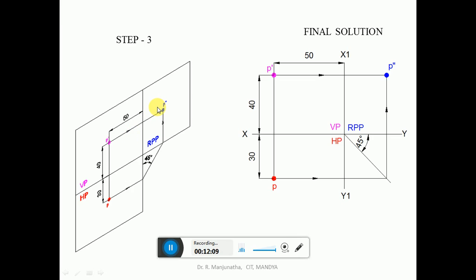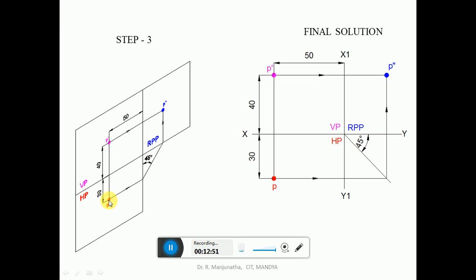It becomes horizontal. Now, we can see the front view distance and also the top view distance, both, when you look from the left side view. So when we project P dash into the right profile plane, the distance above HP, which was vertical here, the same distance is maintained here, and the distance in front of VP, which is vertical here, when it is transferred to the profile plane, has to become horizontal.